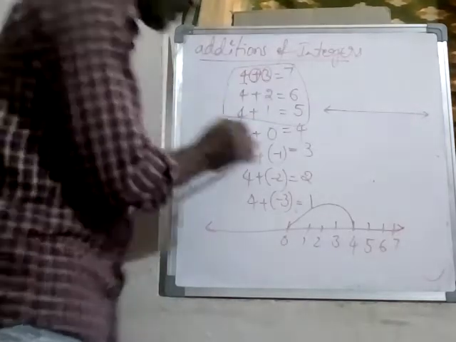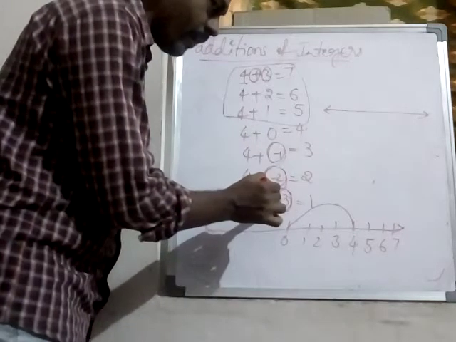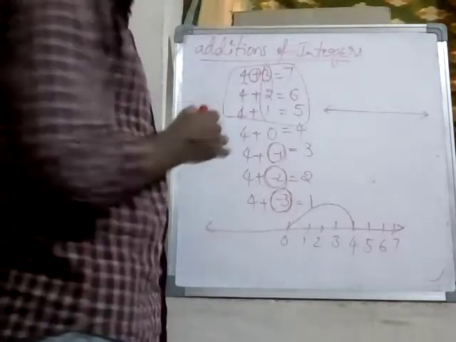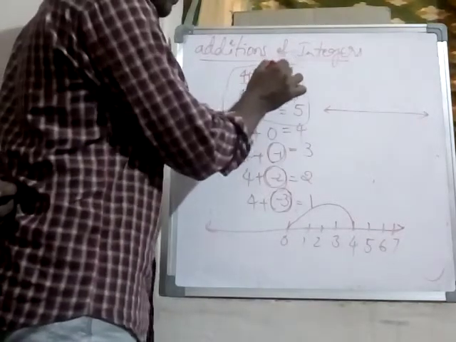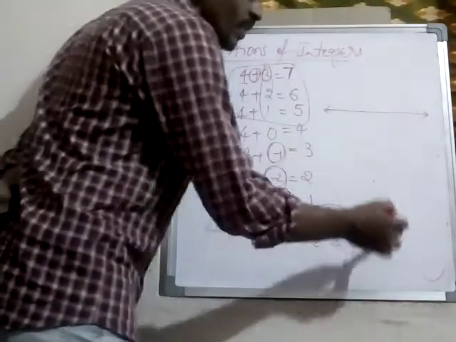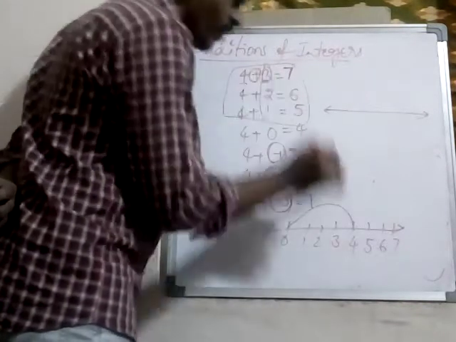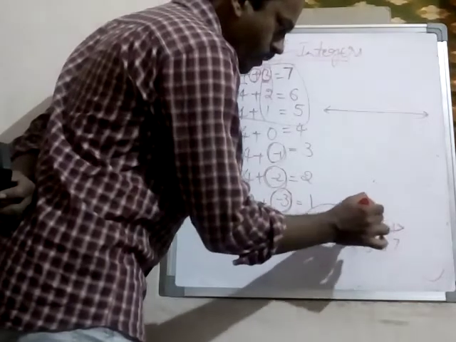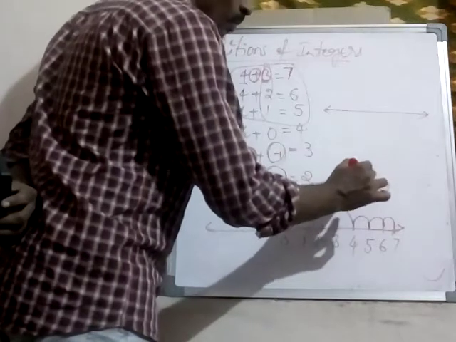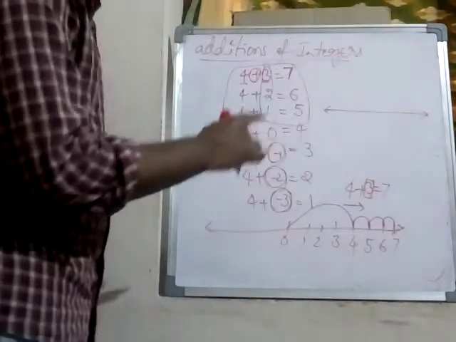3 is a positive integer. Minus 1 is a negative integer. Minus 2 is a negative integer. Minus 3 is a negative integer. 3, 2, 1 are all positive integers. If you add a positive integer, now observe, if you add 3, what is the result? 7. 7 is the result. How do we go to 7? Moving right side or left side? Moving 3 units, 3 units to the right side. So here, add a positive integer, 3 units to the right side: 1, 2, 3. So we get 4 plus 3 is equal to 7. Means if you add a positive integer, move right side or left side? Right side. If you add a positive integer, move right side.